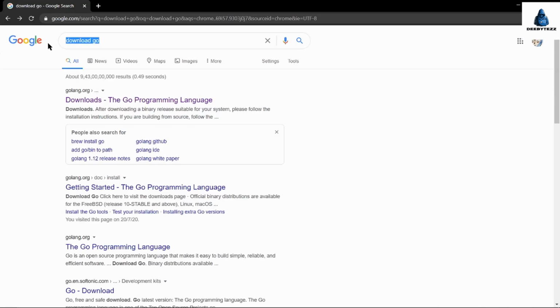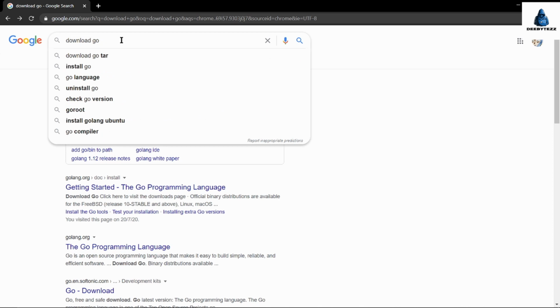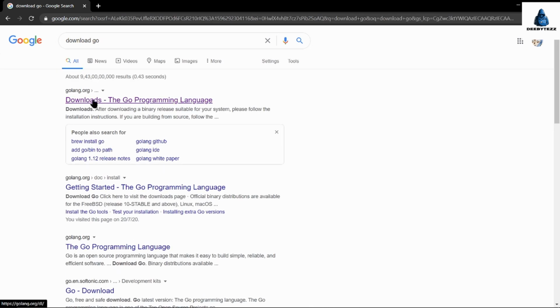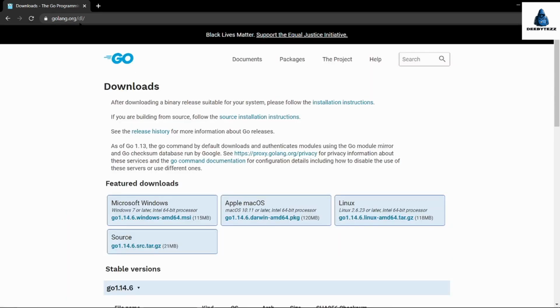To download the Go compiler, type in Google search download Go. Click here to download and it starts your downloading.